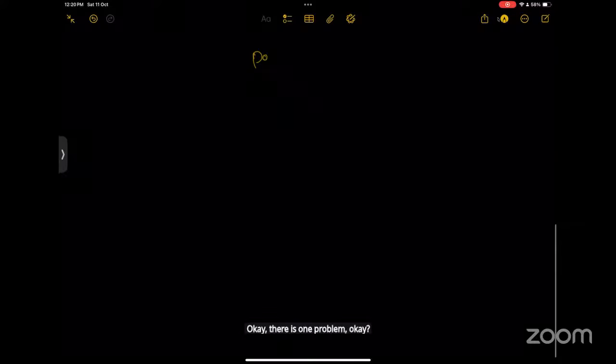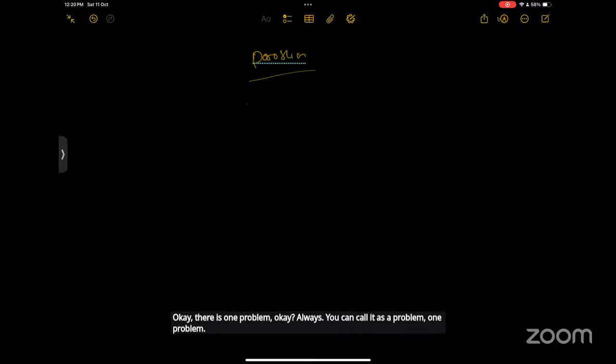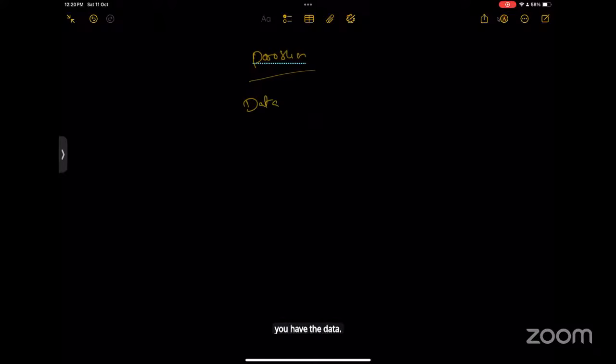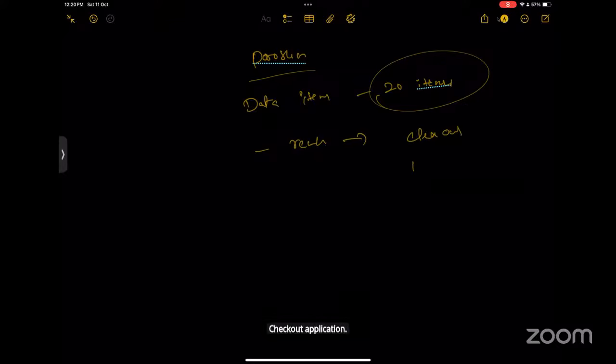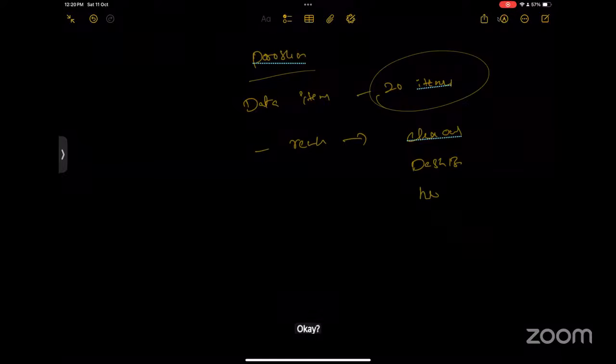Okay, there is one problem. Always we can call it a problem, one problem. You have the data. The data items are 20 items. The same 20 items we need to render in the checkout application, dashboard application, and header application.